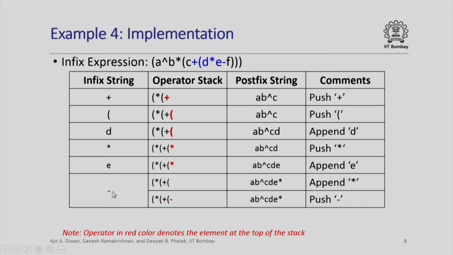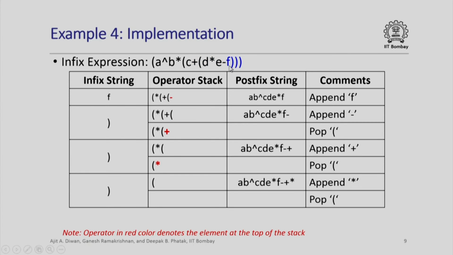Now when we come across the operator minus, as we stated earlier, we compare its precedence with the previous operator because there is one stored on that stack. Since the previous operator star has a higher precedence, we append this star to the postfix string and pop it out of the stack and then push this minus operator onto the stack. We have come up to minus sign here. There are still several characters in the infix expression left. We will examine them on the next slide.